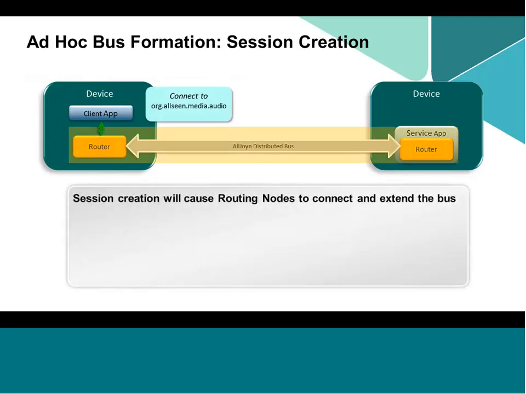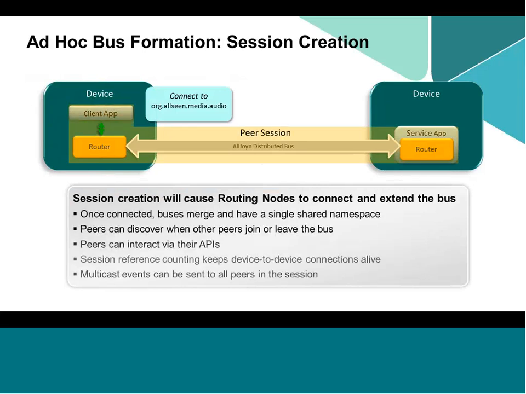And once you're connected, you have what's called a session. This session has a unique ID associated to it so that you can route messages to all applications that are part of that session. Really, it's forming a group at a conceptual level. And once these sessions are maintained, the routing nodes persist the connections. So the design is architected to be really efficient, such that if there were many different client apps on one device trying to interact, like the image there on the left, trying to interact with everything on the right side over there,